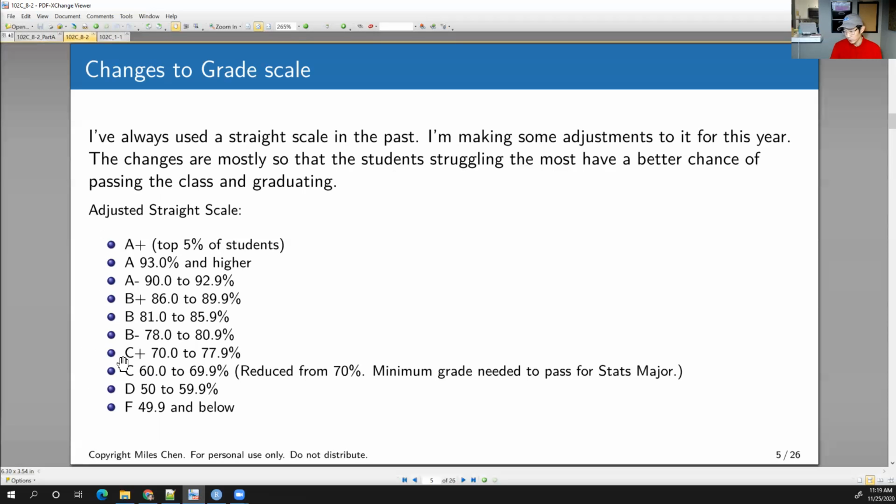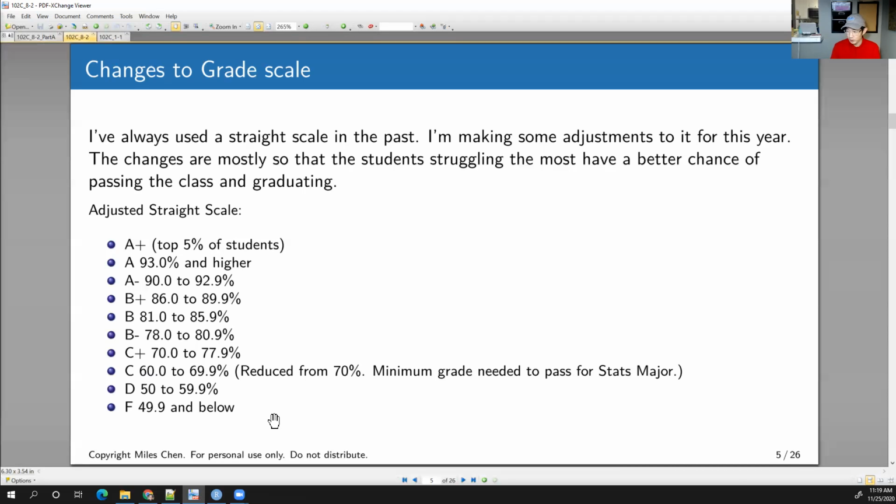But I'm most concerned about students in this lower range here. Students who probably in any other quarter or year would be fine, but this year are finding themselves struggling, and so I'm lowering the floor to what's going to be required to get a C. Okay, so I hope